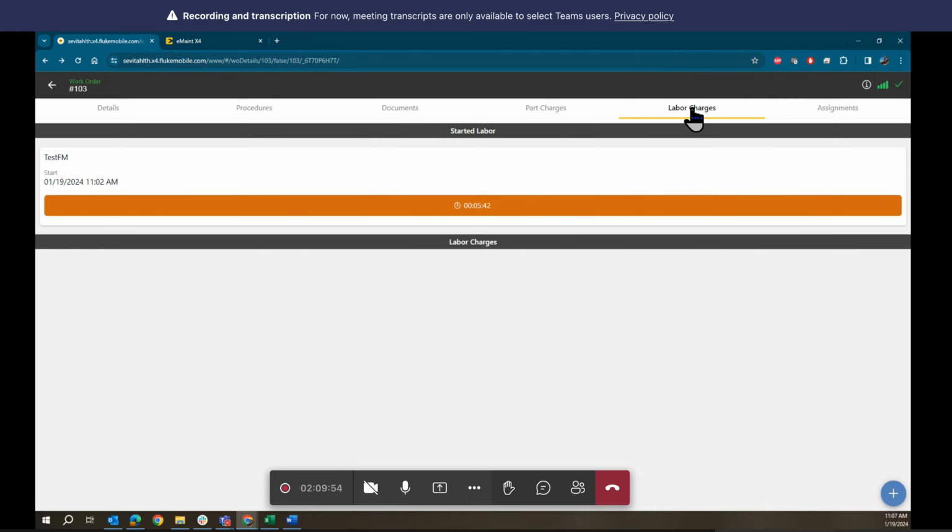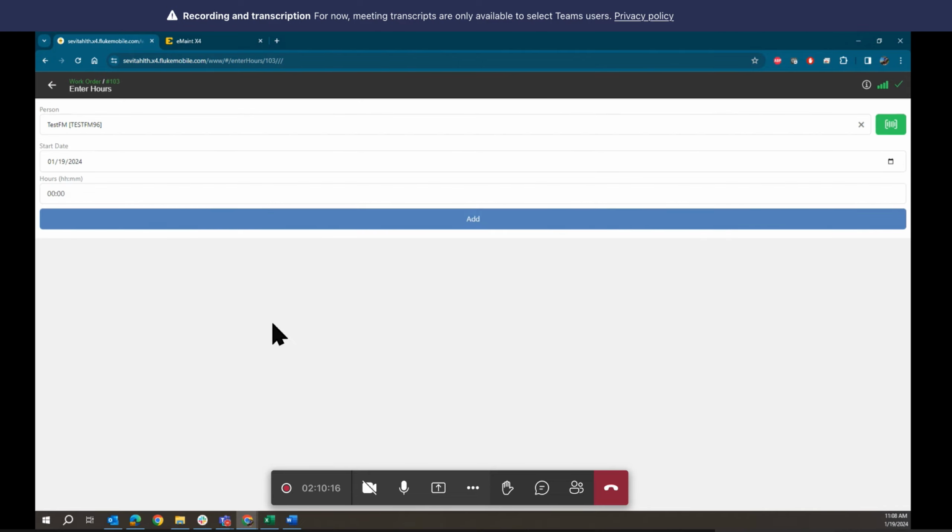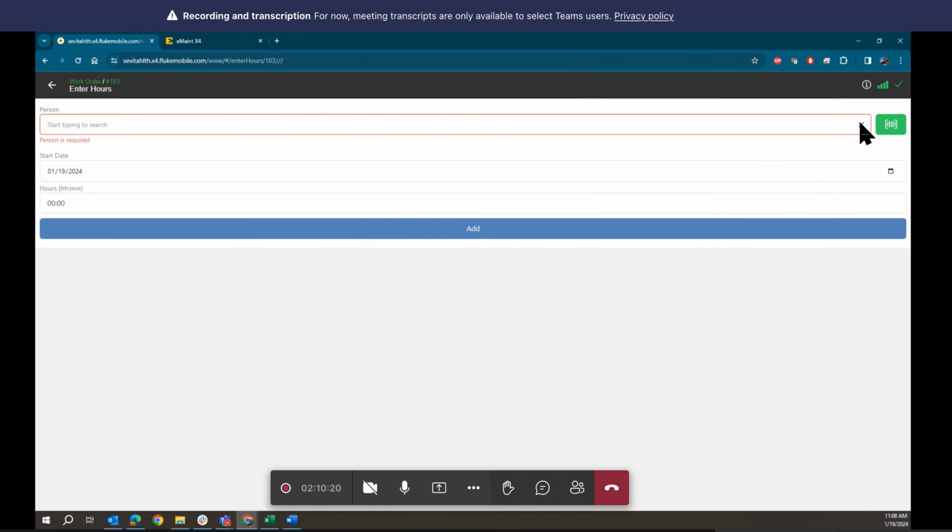Labor. Here you have the clock that is calculating the time for you. So it's going to add that labor time to this user, test FM, automatically. But also you have the option to add the labor manually. So you can click here, maybe change the user. Okay. So this one, you need to add